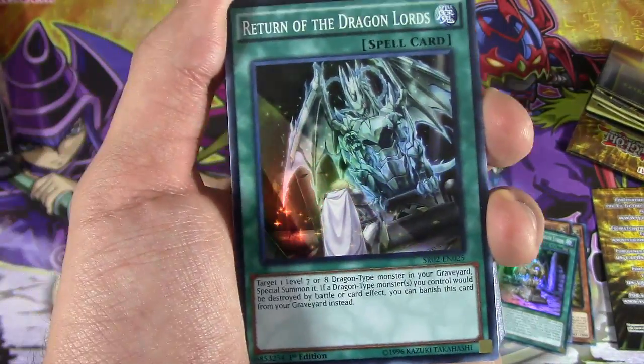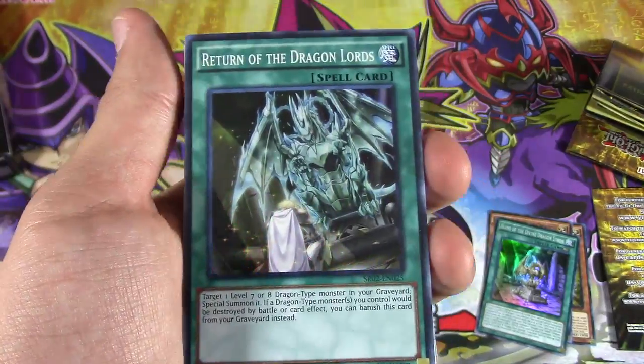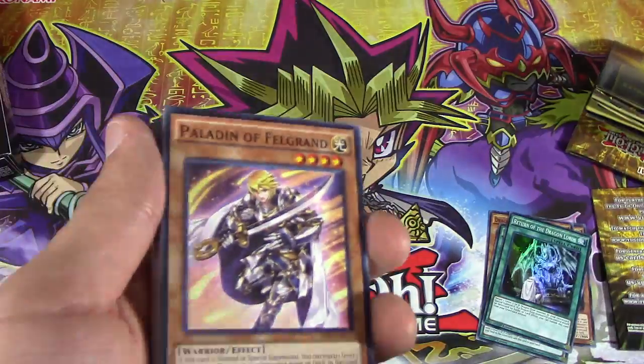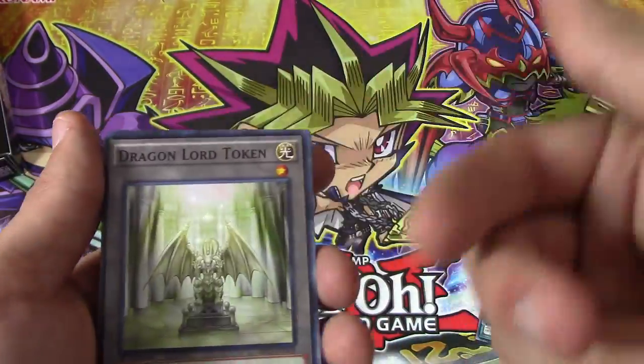So this is very powerful, not only in this Felgrand deck, but in Blue Eyes especially. This is one of the big ones we were missing, and now we got it. Alright, everything else from here is just common stuff. I'm not going to really go too much into it, but I just want to take this out of the way